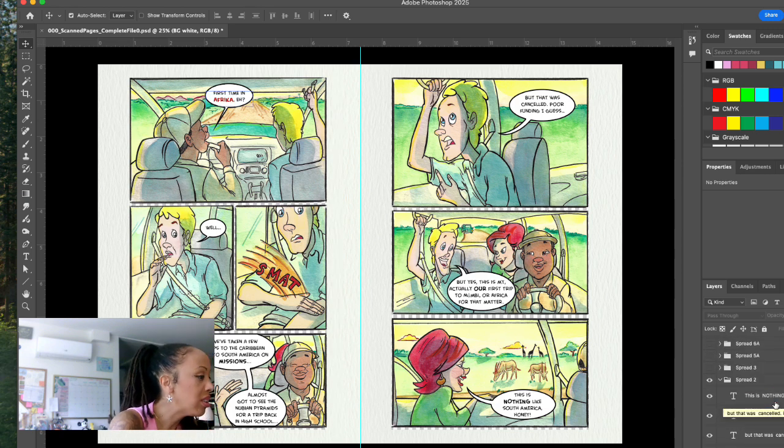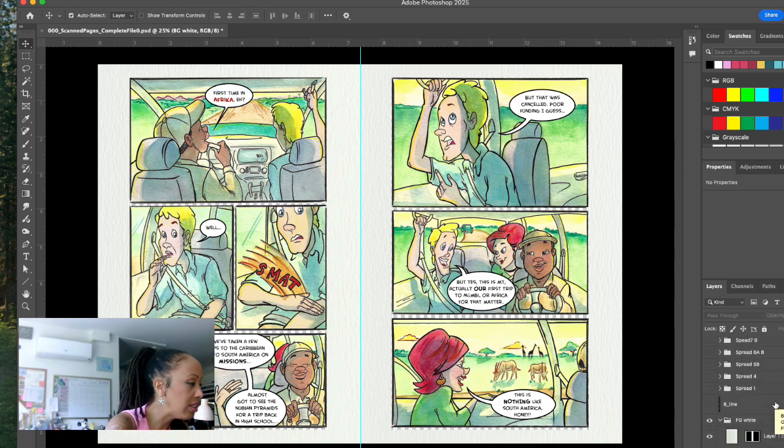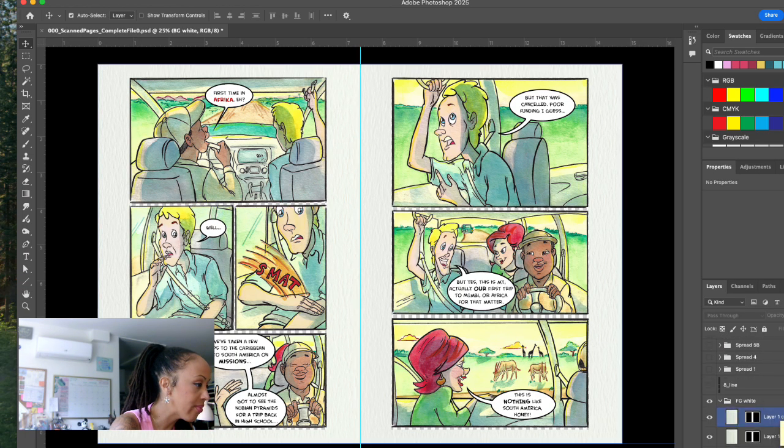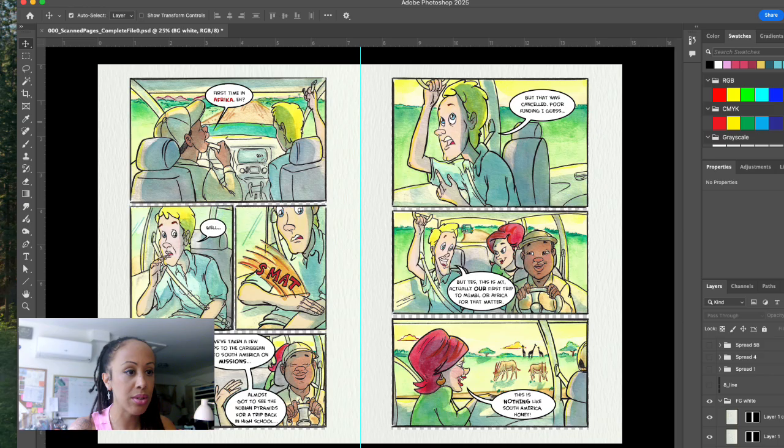Oh, it's on the top layer, isn't it? I think it's on the top layer that I have my foreground. I think that was how I did it, and I did each spread. Man, it's been a long time. Let me make sure that my camera's on the right camera too. My microphone is on the right microphone. Okay, good. All right, so what I want to do,